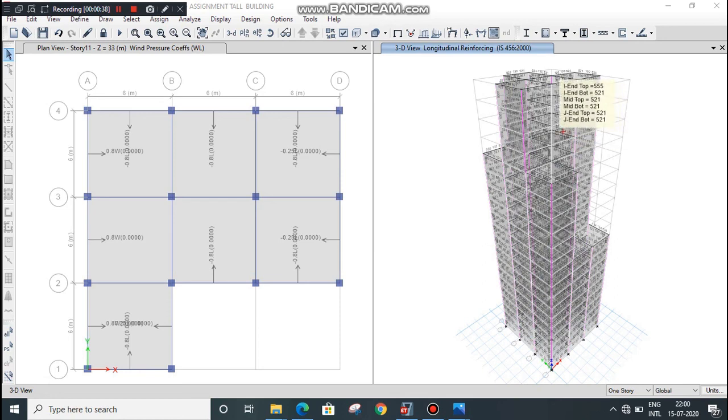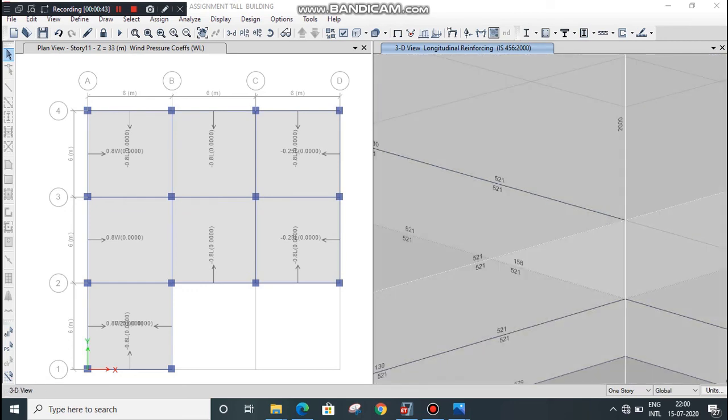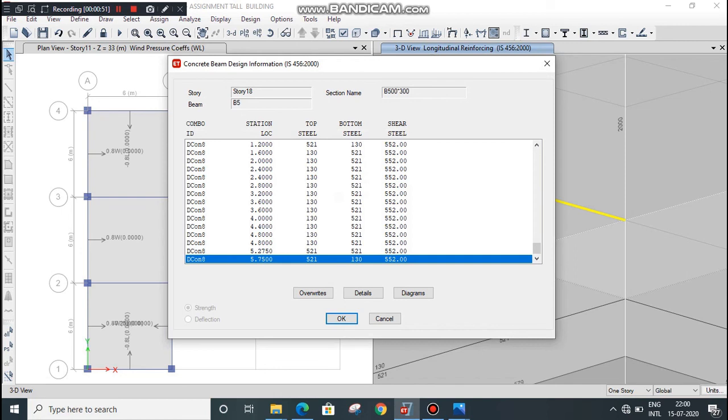You can see the reinforcement corresponding to the beam or column. Right click on any beam. You can see here the details regarding the beam: shear steel, bottom steel, top steel, etc. Go to the Details option.